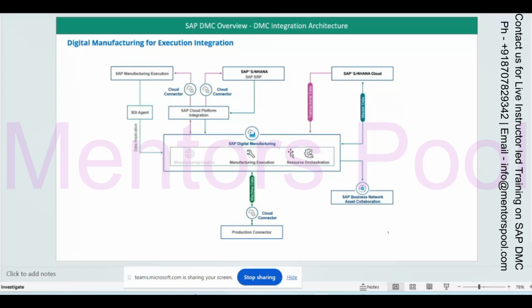They have added this feature on cloud, but they have also given a provision that you can use this feature with your on-premise ME as well. So it is the capability; it's showing what all integration capability DMC has. It doesn't mean that it has to be in your landscape.